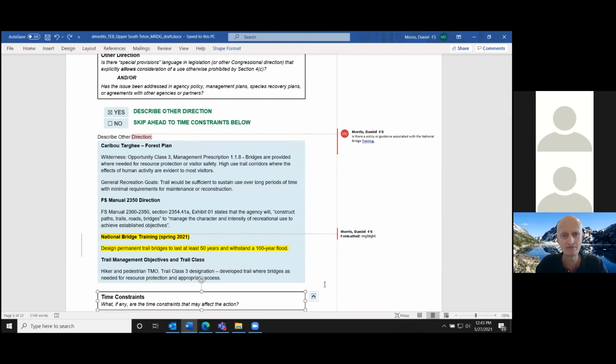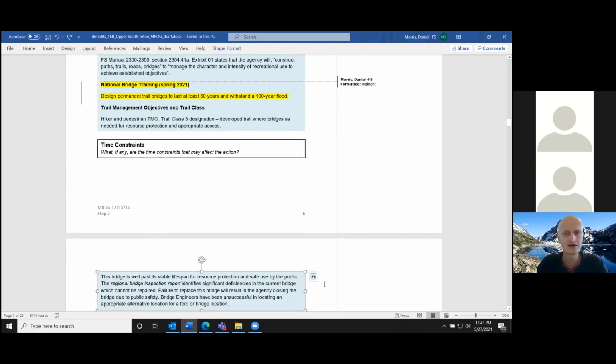But they have some information specific to bridges in their forest plan, which they put in here, some manual direction. Well, you'll see they did put in here national bridge training, design permanent trail bridges to last 50 years and withstand a 100-year flood. So I highlighted that,